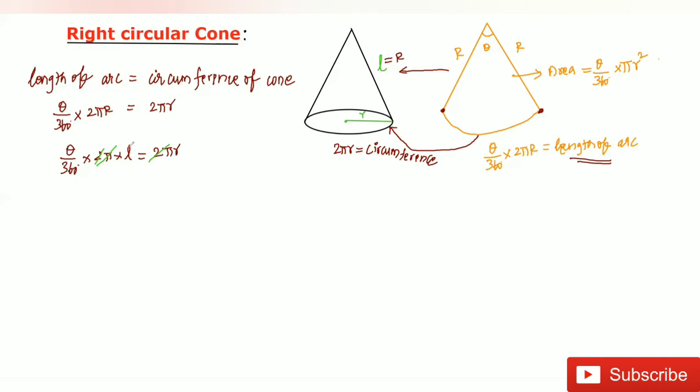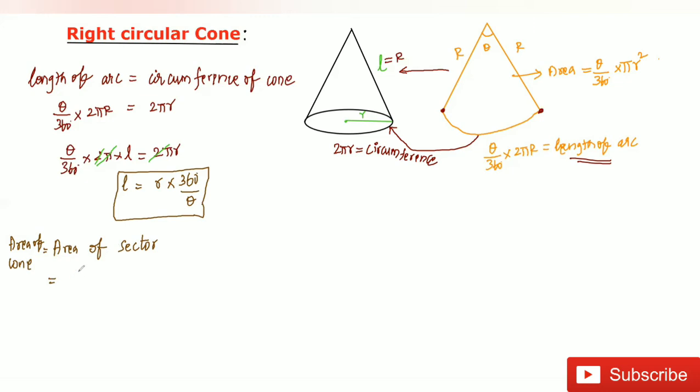Now we'll go for this. Here I have this L, which is equal to r. If you send theta by 360 to the opposite side, it will be reciprocal. Then what am I getting? 360 degrees divided by theta. So this is our L that we got. Now we'll go for area. Now these two areas will be equal, that we know. So the area of the sector is equal to the area of the cone. This together we know is equal, because from the sector only we are getting this cone shape.